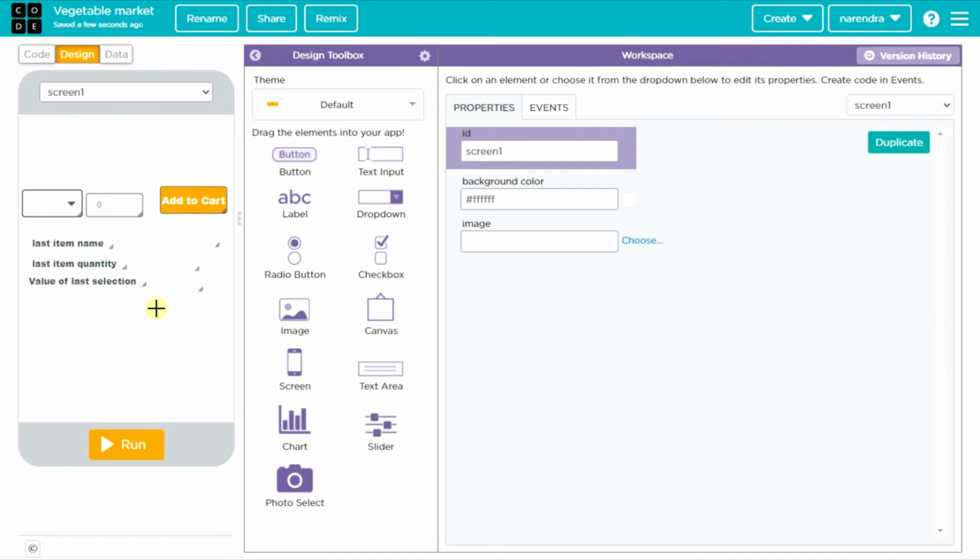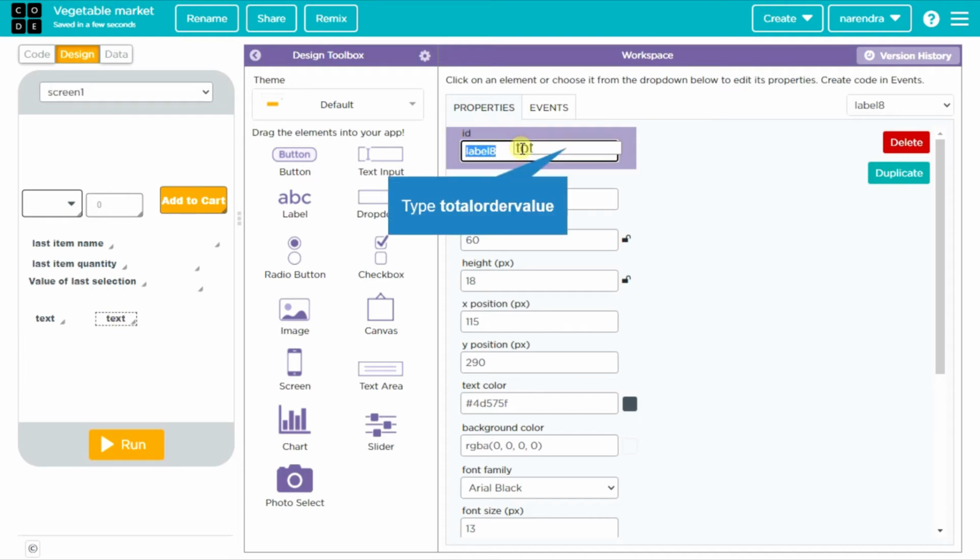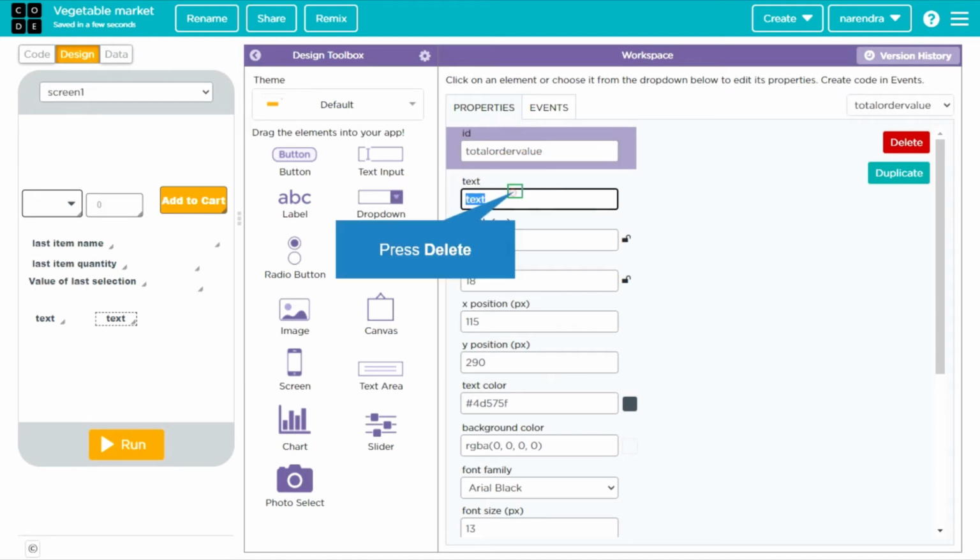And we need one more thing for displaying the total order value so far. So this is to display the total order value so far. We need one more text label that can display this value. Make this as total order value, and remove the text, or make it as 0.